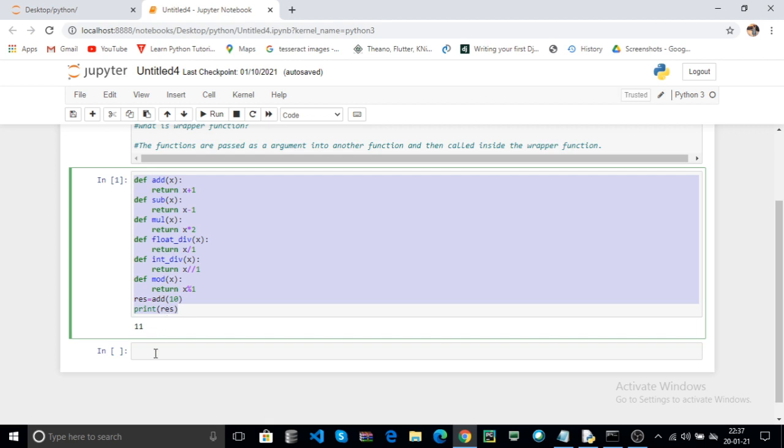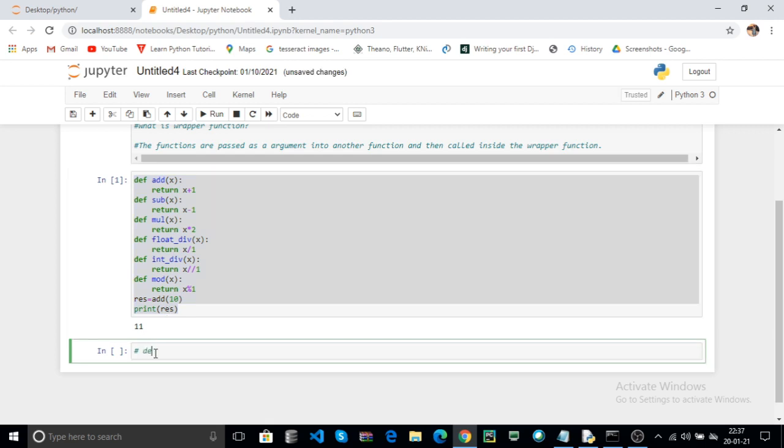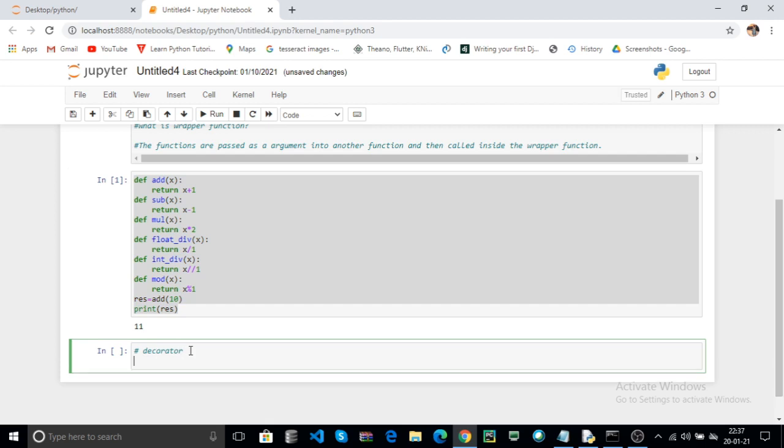Now I create a decorator. In a decorator using the wrapper function, a function is passed as a parameter into another function and called within the wrapper function. How?